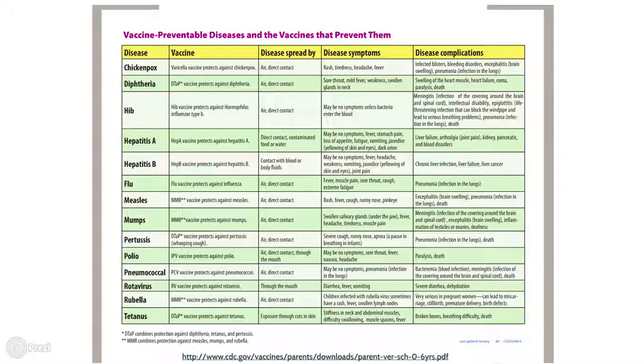This chart is another great example of the resources the CDC has provided parents on vaccinations. Each vaccine is listed as well as the disease the vaccine protects